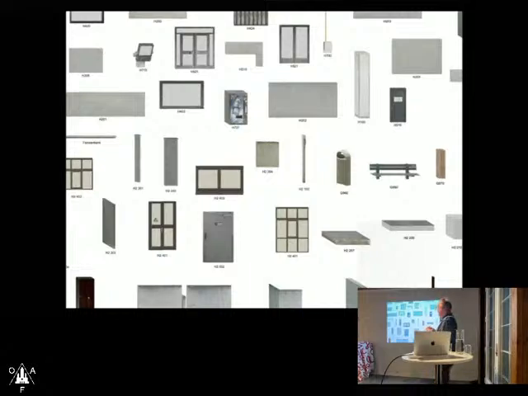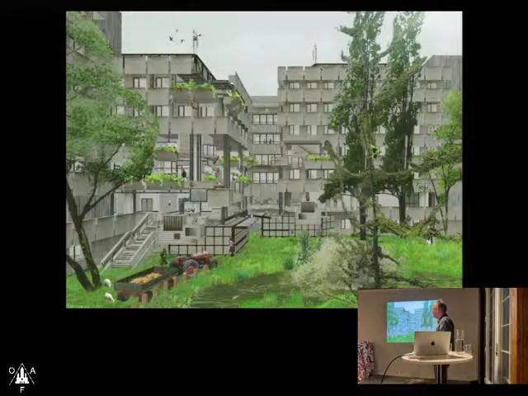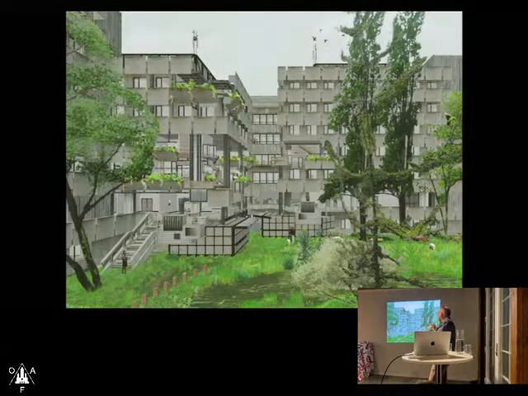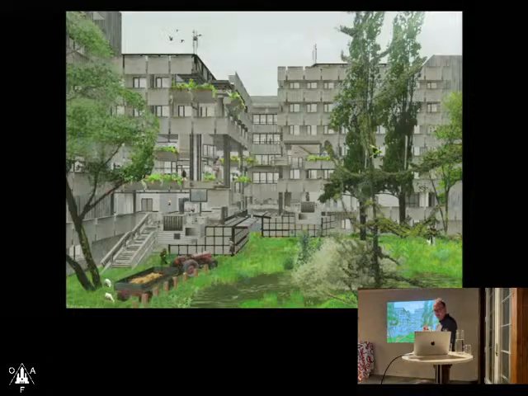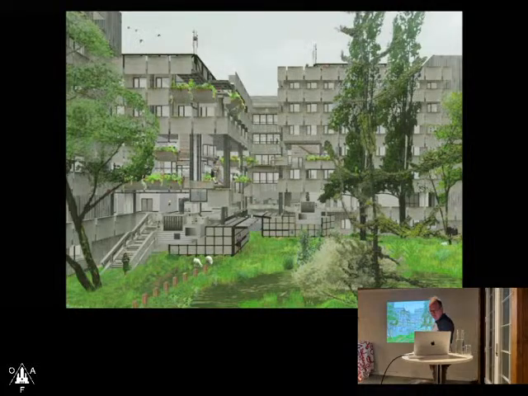reuse of elements, seeing the building as a repository of material and allowing to dismantle the building and reassemble the building, and by having a design tool that works with these parts of the building, it stays within that language and doesn't clash. You don't need something new to find the new and the old in that sense.